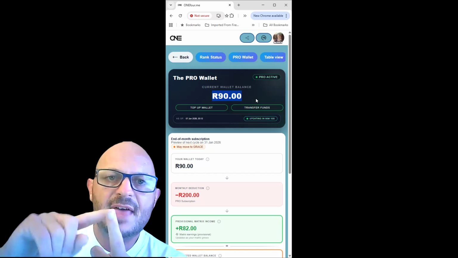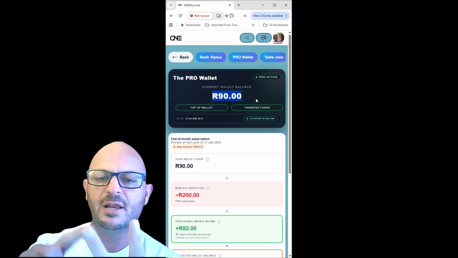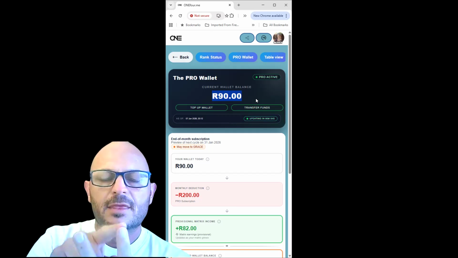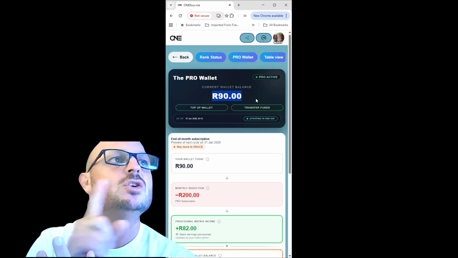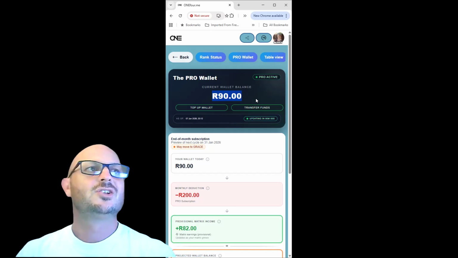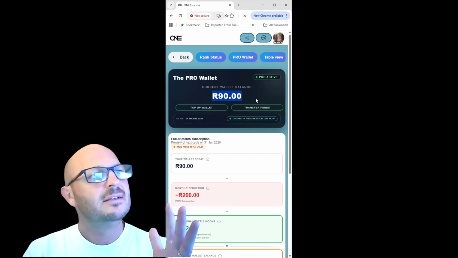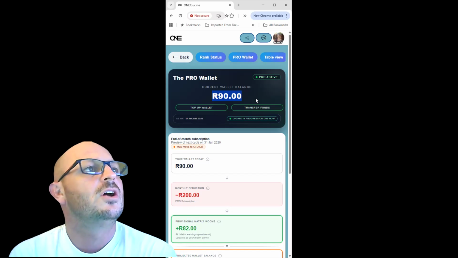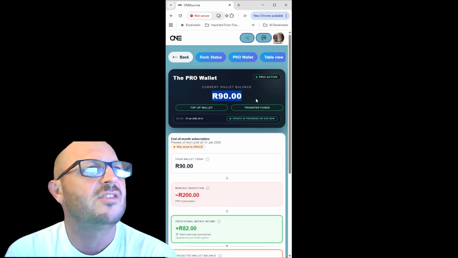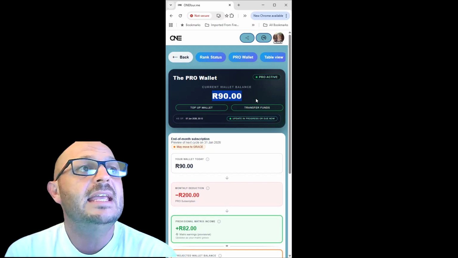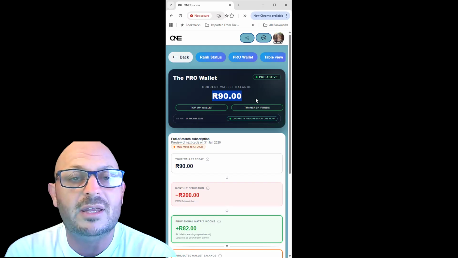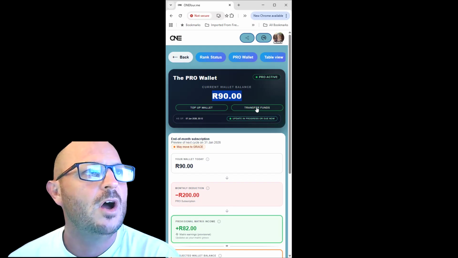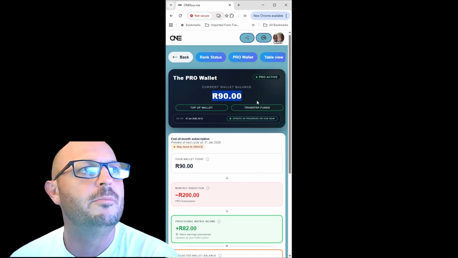And then let's say that person brings in another person with a lifetime registration on her second level. The person she brought in will get 50, she will get 25. So that is also paid linear upwards in the network. So her wallet at the moment is at 90 Rand, and that money can be transferred to anybody in One4Me. So if you look here on the right, you will see a transfer button.